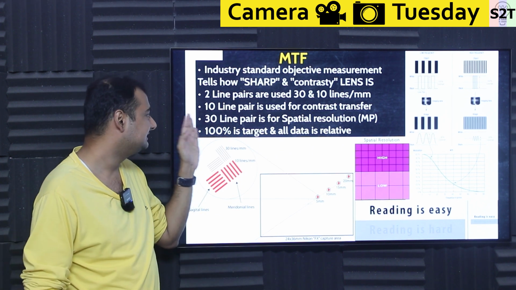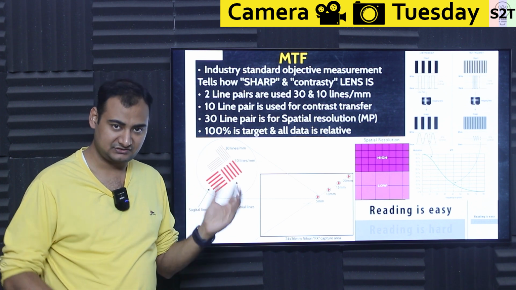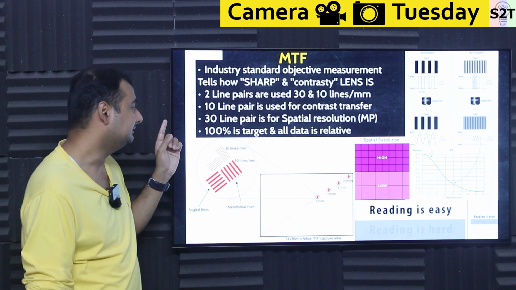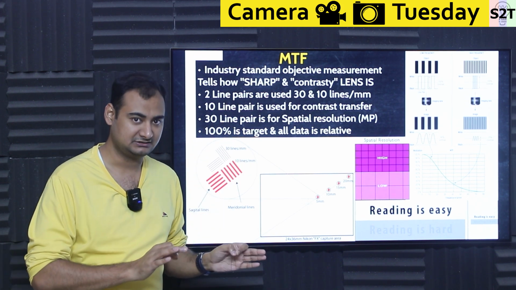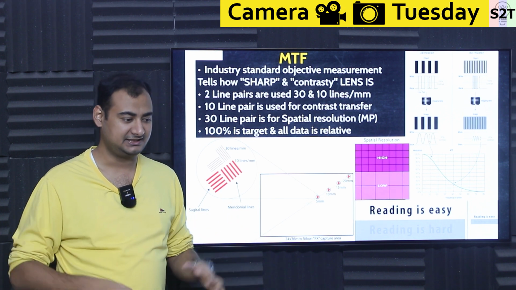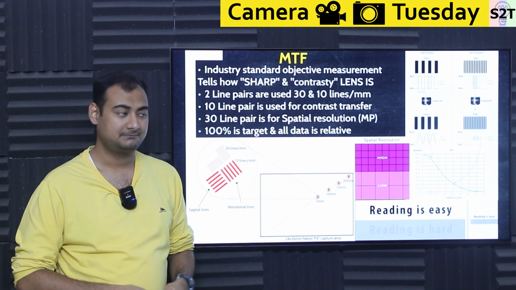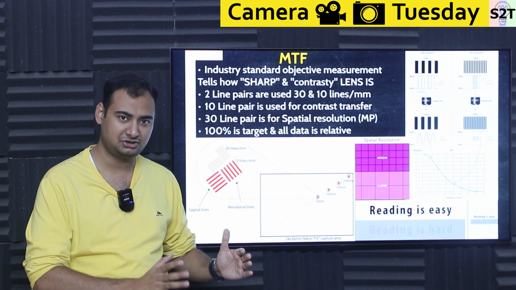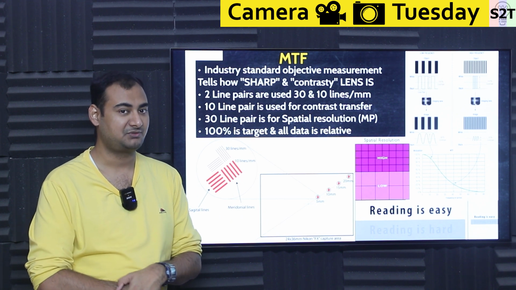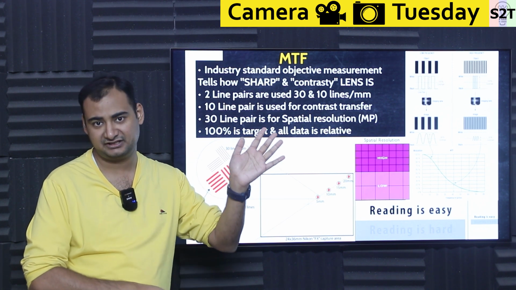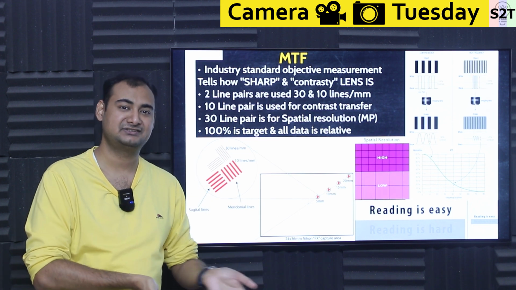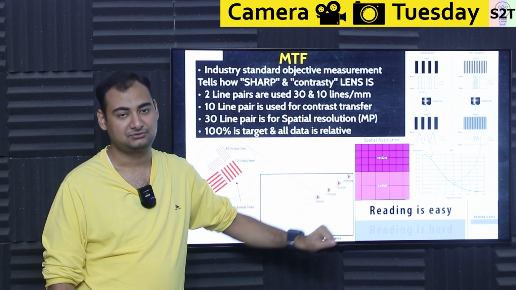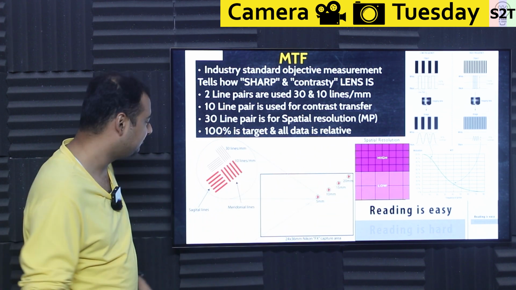And mathematically, we utilize 10 line pairs for contrast measurement, because again, there's a big bold line. It tells you what is the most optimum contrast transfer you can have. And then you have 30 line pairs, which is for spatial resolution. Meaning, you must have heard when we are talking about satellites, we'll say, oh, 5 meters per pixel. Oh, 10 meters per pixel, as in the spatial resolution is low. And sometimes it's 1 meter per pixel. That would be a God tier spy satellite, which there are, but thankfully we have an atmosphere that is shimmering. So even though it mathematically can resolve it, Earth's atmosphere is like, nah, bro. So this would be high spatial resolution and this would be low spatial resolution. To figure out our spatial resolution, we utilize 30 lines.